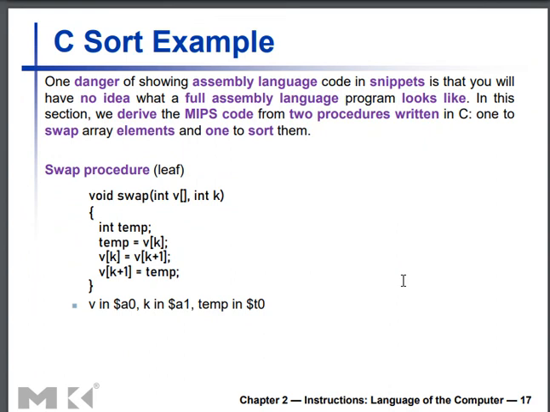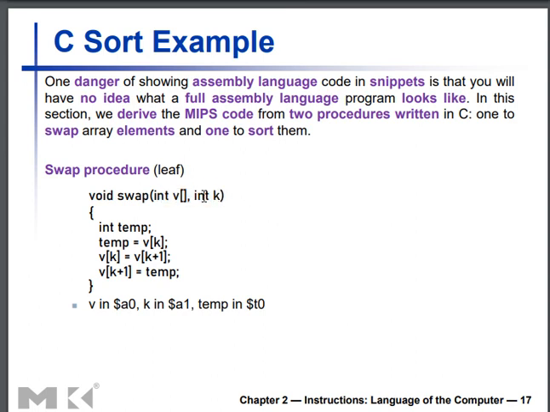Okay, let's see one example for the procedure. Here, what are we going to do? There is a segment given in C language. This is a function given in C language. Can you see? The name of the function is swap. It's not going to return any value. There are 2 parameters, so I'm going to pass 2 values.